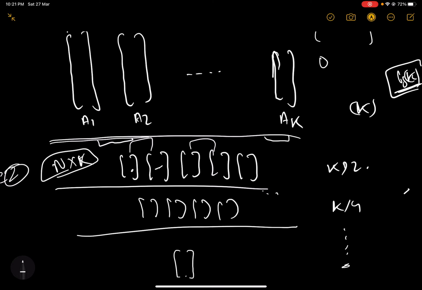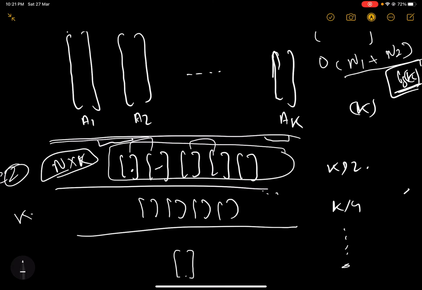Let's say n1 is the number of elements in the first array and n2 is the number of elements in the second array. So the time complexity of merging two sorted arrays is O of n1 plus n2. That we already know, right? So from that, since we are merging n into k elements in total, the time complexity for merging a level will be equal to n into k in total.